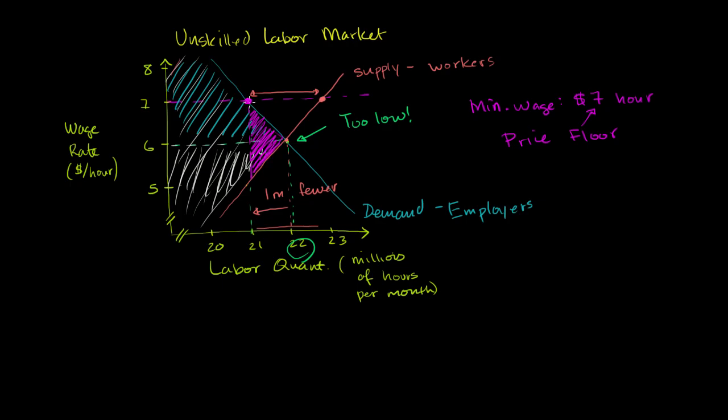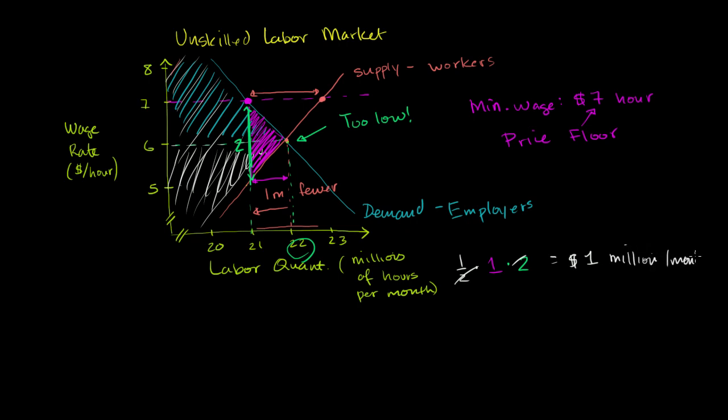And we could figure out that area quite easily. This height right over here is 1 million hours per month. So I'll just write 1, we'll just remember it's all in millions, times this height right over here, which is $2 per hour. So times 2, times 1/2. If we just multiply these, we get this whole rectangle. For the area of the triangle, we multiply it times 1/2. That cancels out, that gives us exactly 1. And the units are dollars per hour times millions of hours per month, which gives us millions of dollars per month. So it becomes $1 million